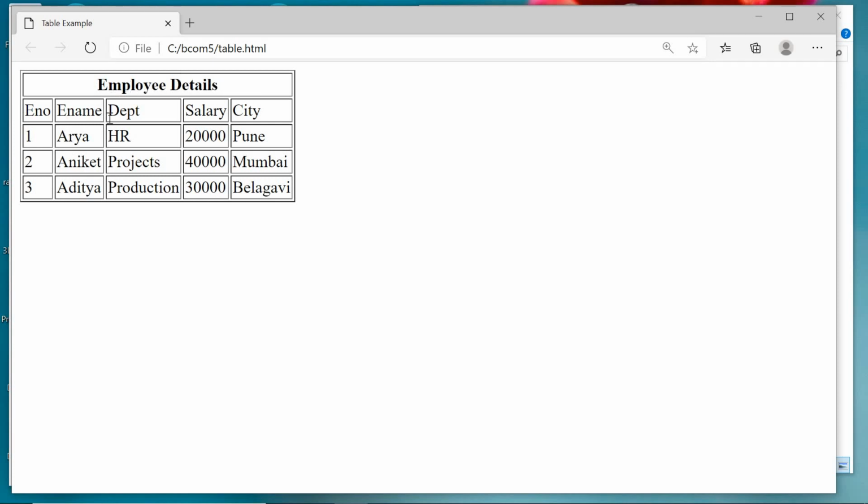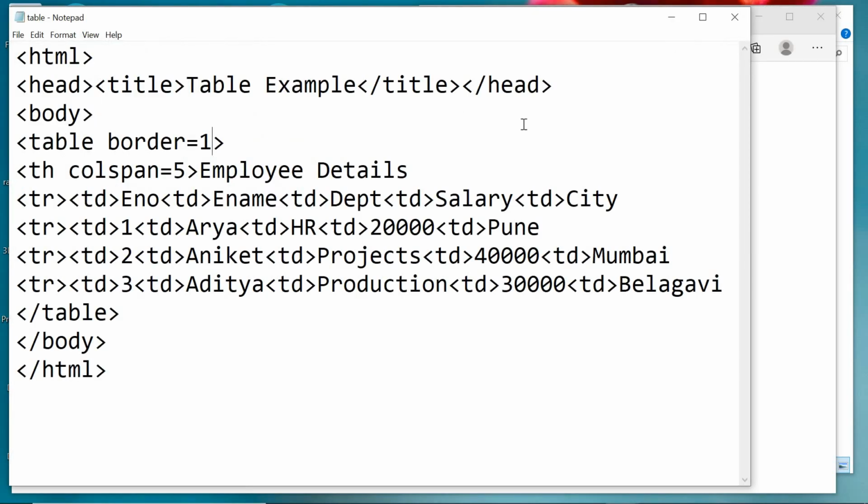Alignment of the table is left. We can make it center or even right also. Right now we will provide the other attributes of the table tag. Align equals center. Then height equals 200.